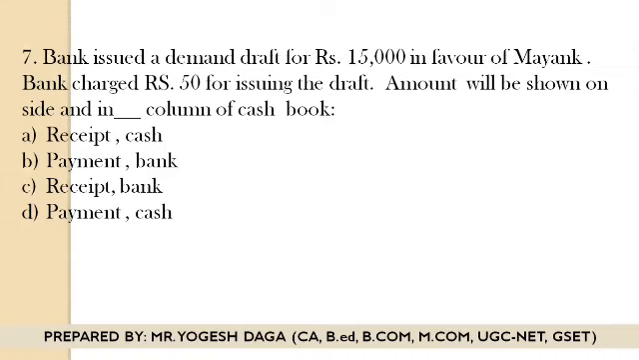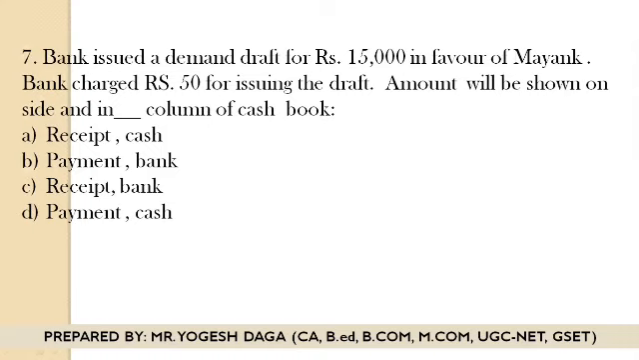So here is the next question on the screen, question number 7. Bank issued a demand draft for rupees 15,000 in the favor of Mayank. Bank charged rupees 50 for issuing the draft. Okay, if we made a bank demand draft of 15,000, then the bank is charging 50 rupees on it. So the amount will be shown on the dash side in the dash column of the cash book. So here we have two answers to fill up. Now students,